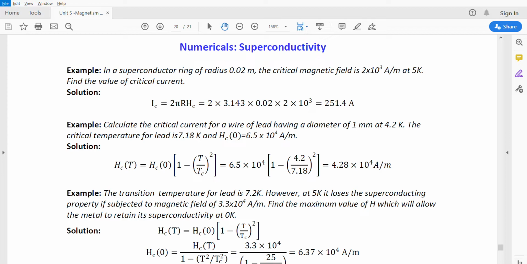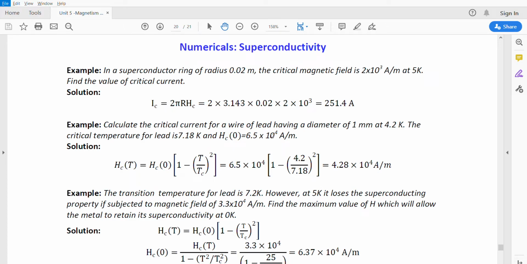You can get the numericals from the Google Classroom question answer type notes. These notes are already uploaded in Google Classroom, so you can get them from there. You can practice, and also follow the book, with the examples from the book. Mainly fourth unit and third unit numericals are very important. In this fifth unit, only 2 or 3 types of numericals are there. One question will come in the question paper.